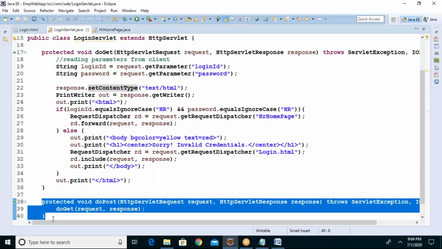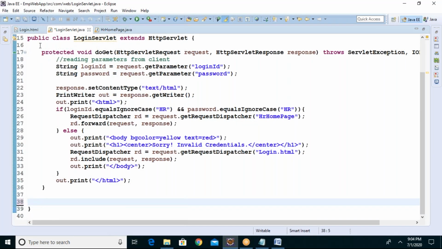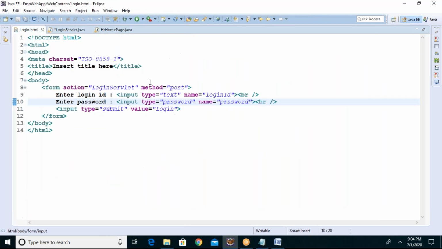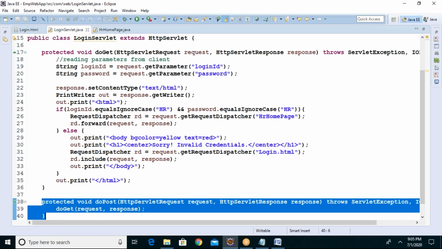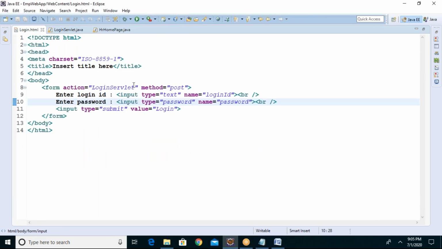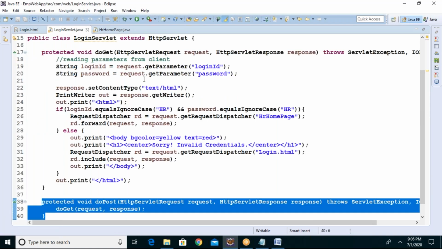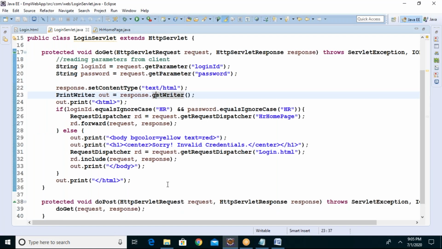If you write only get or only post, then what happens? If anybody is calling with post, your servlet cannot respond. If you write only get, not post, then your servlet will only respond for get, not for post. So I don't want to do that in my application, guys.